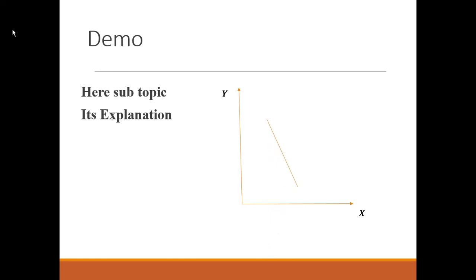For example, it is showing a negative relationship. If there is an increase in x, it is going to decrease y, and vice versa. That's why it is negative, and you can talk as much as you want. And when I click for the last time, this curve will appear and you can talk.